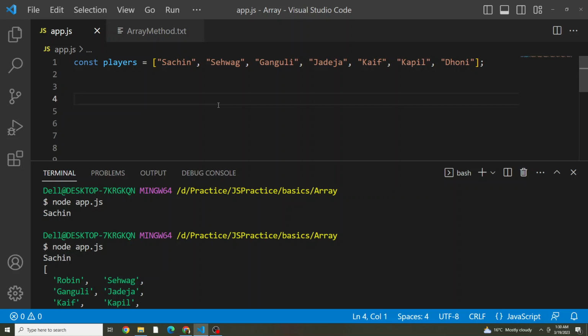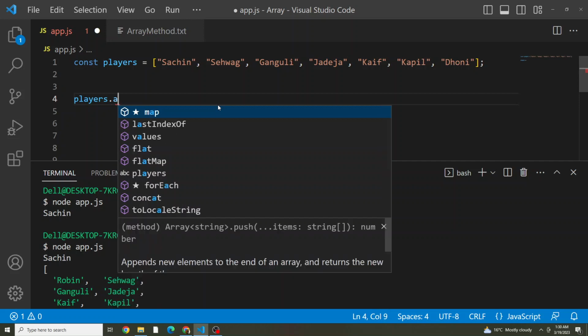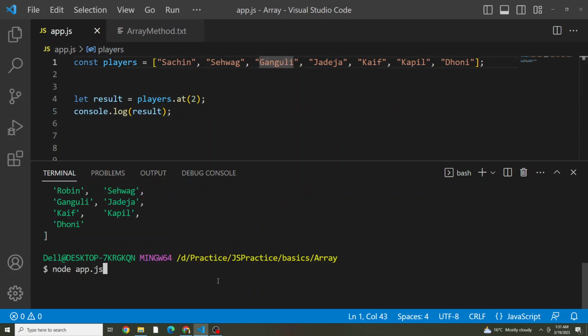So, okay, this is how it is. We want to get the value of the function, I mean the position, the index based on 2, from the second position, 0 1 2. Okay, we will get the result from here. Let the result be equal to this. Okay, console.log result. So can you tell me what we are going to get? Ganguly, 0 1 2. Okay,